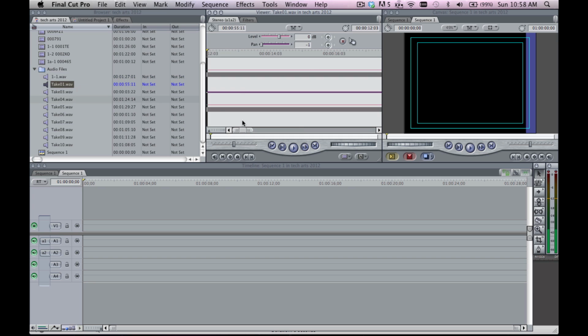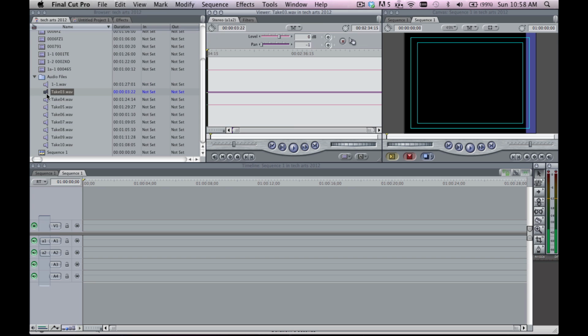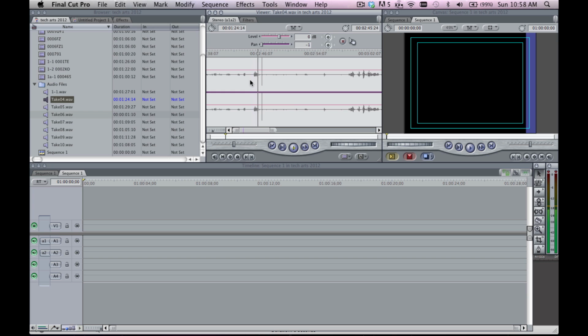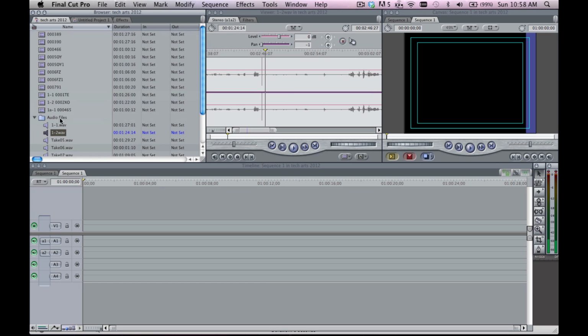So next one. Oh, we're back to that one again. I'm just going to delete that out for the time being. Okay, that was really short. Obviously, nothing we're going to want. And it's pretty obvious where the slate is. Scene 1, take 2. There we go. Okay, so once you've gone through and done that for all of the picture and the audio,